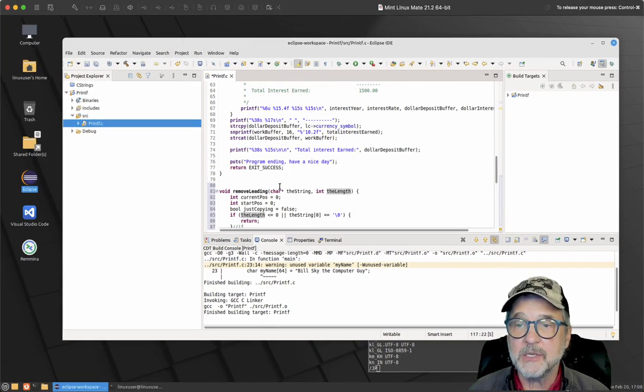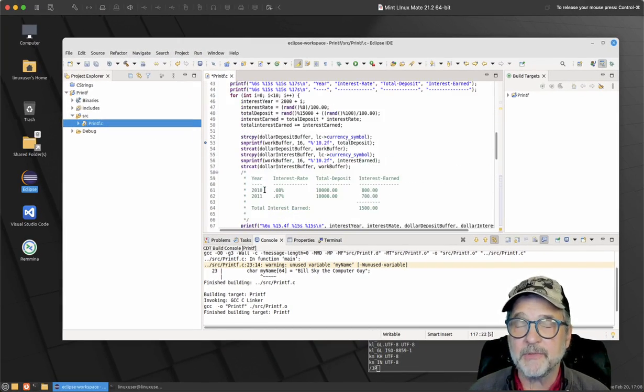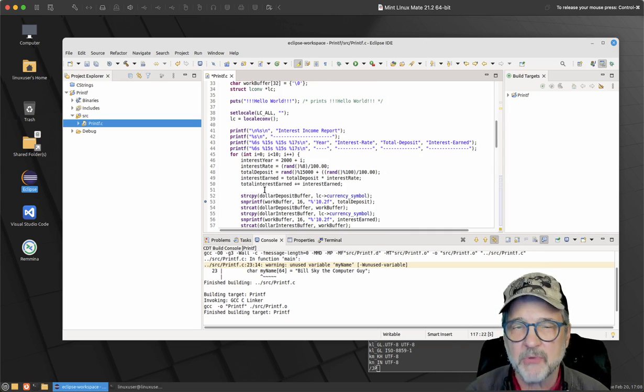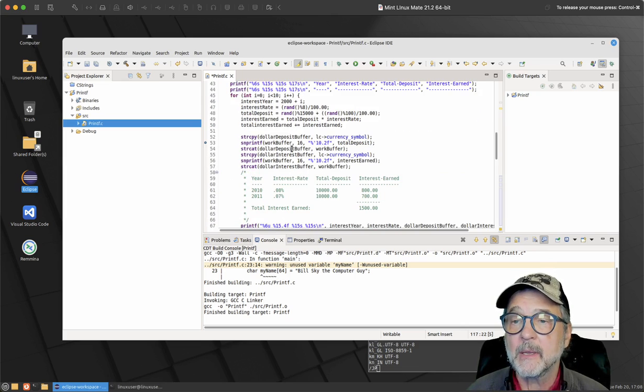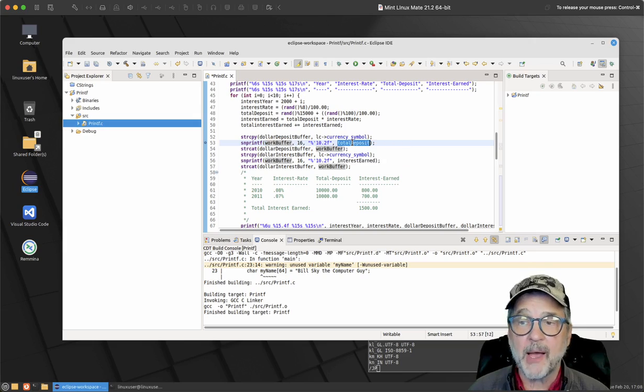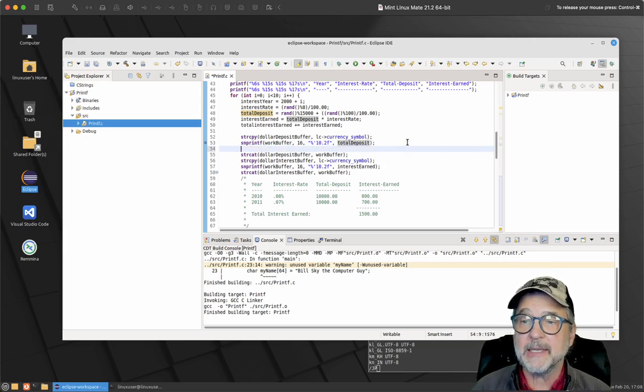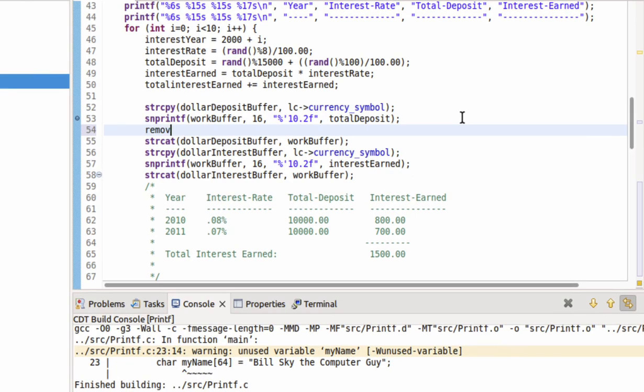So let's do that. Let's use those functions. So I'm going to remove leading. I'm not going to use the remove trailing, but I'm going to use the remove leading. Okay. So in work buffer, we put the total deposits. Let's get rid of all of those leading spaces. So I'm going to say remove leading